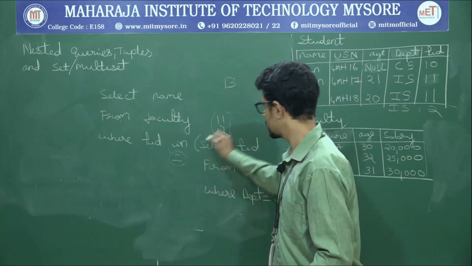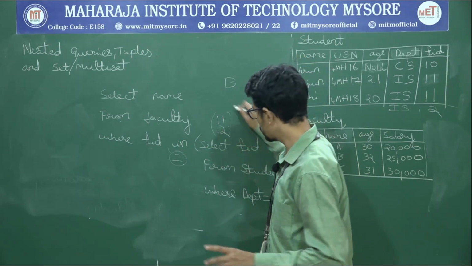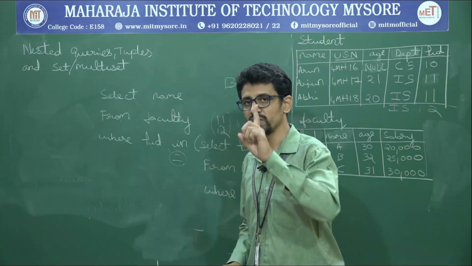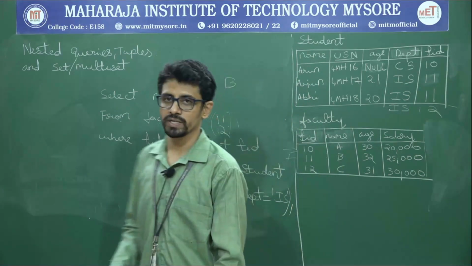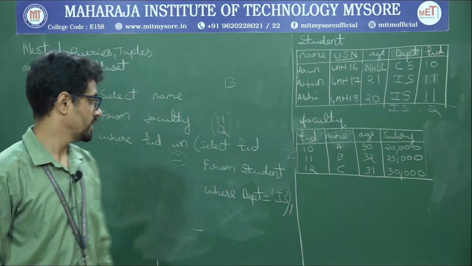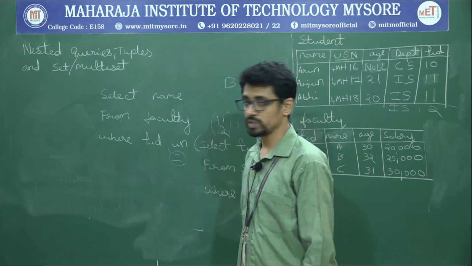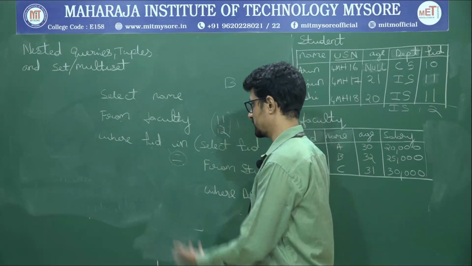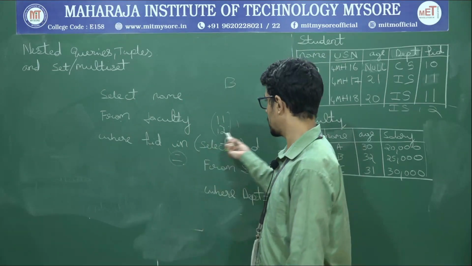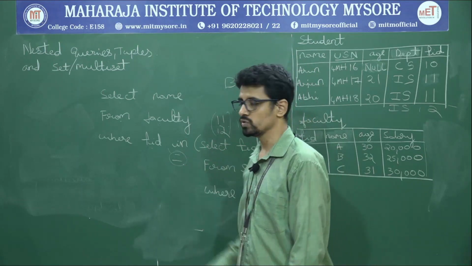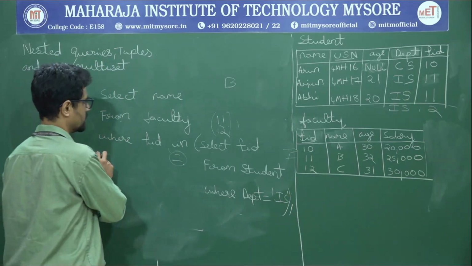FID equals 11 and 12, I can't do that. Where FID in 11 and 12, I can check. If the output I am expecting from the inner query is only one value, then I can use the equality operator. So this is the nested query in SQL programming. Several things you need to explain when the question is asked. The first thing is type compatibility. The inner query executes first and then the outer query executes, and make sure when to use in and when to use equality. Let me take one more example here.